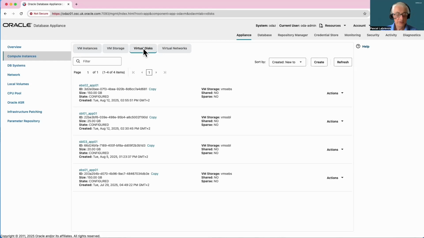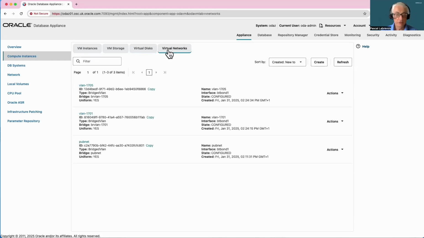I also have some virtual networks on my ODA: the default PubNet network, and some virtual networks I configured for 2 VLANs that I can use on my ODA.